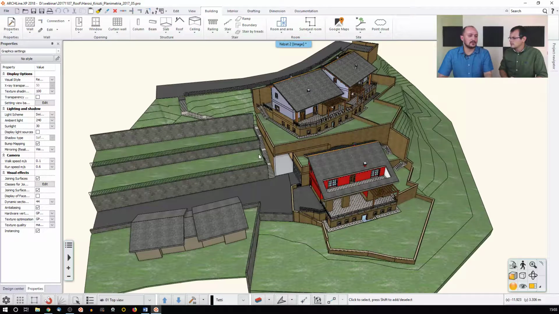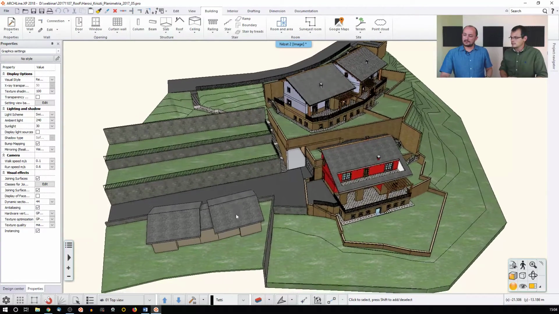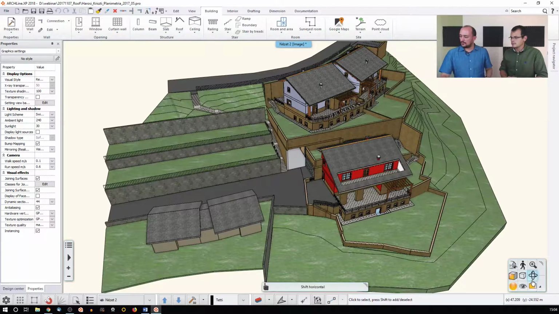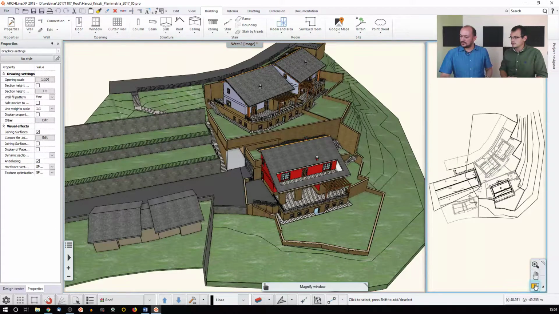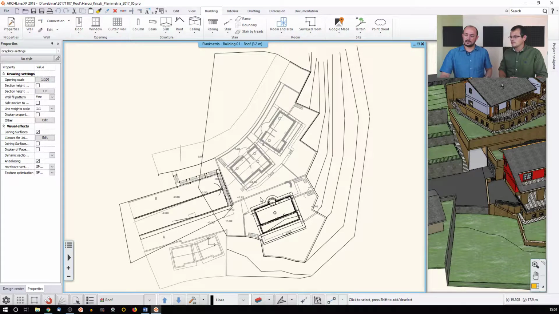Yes, last time we talked about the 2D representation of the roof. I will also talk about that a little bit, but to be able to show what I'm talking about, I think I will just quickly jump back to these two roofs again. For that, I will go back to the 2D, and as you can see on the 2D layout, just as we discussed last time, this is a multi-building project. That means this not only has